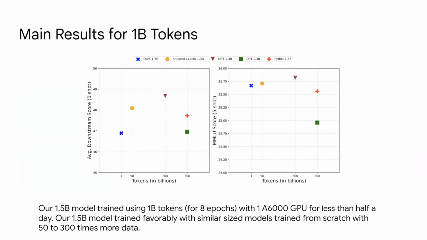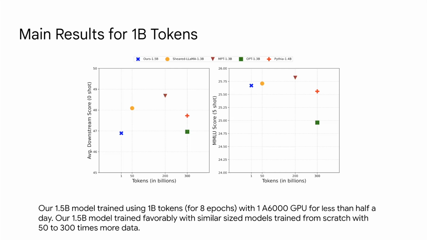Okay, so here are the results that I would like to show you with 1 billion tokens. As we discussed, we trained this 1 billion model out of a 3 billion model with just a random sample of 1 billion tokens. The larger model was trained on 1 trillion tokens, so we have just a random small subset of 1 billion, which is 1,000 times smaller. And then we trained this super small model with 1 GPU, in less than half an hour, with 1 billion tokens.